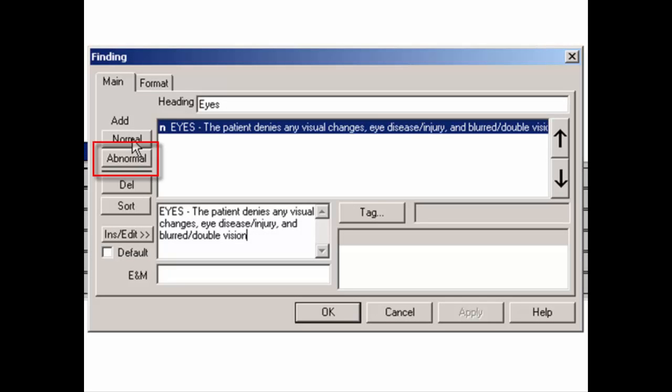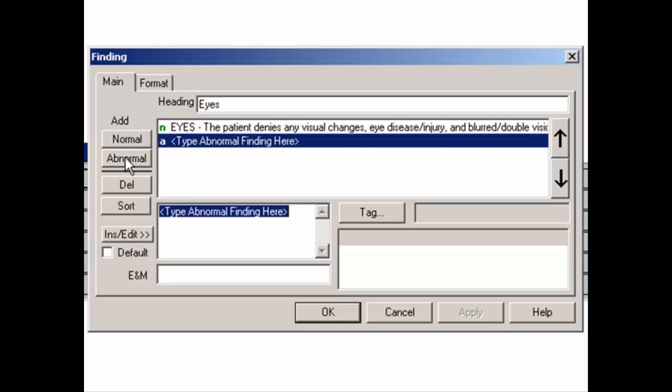You can click the Abnormal button to add an abnormal item to the finding. This is the item, phrase, or statement that will be displayed in the chart note when the second icon, or right side button, next to the heading is clicked. In the edit field below, you can enter the text for the item, phrase, or sentence you want to add